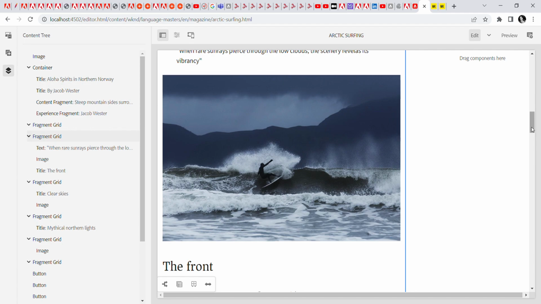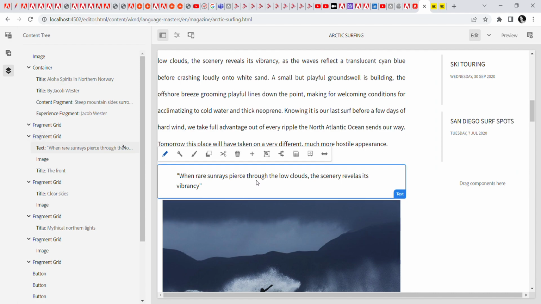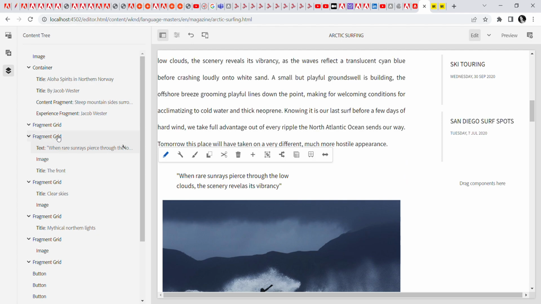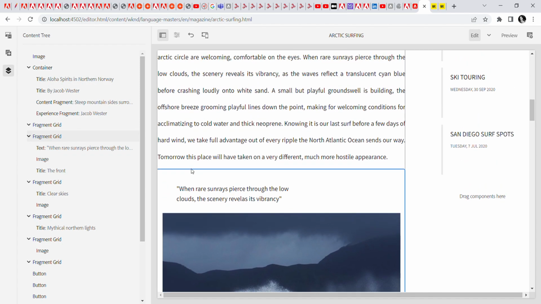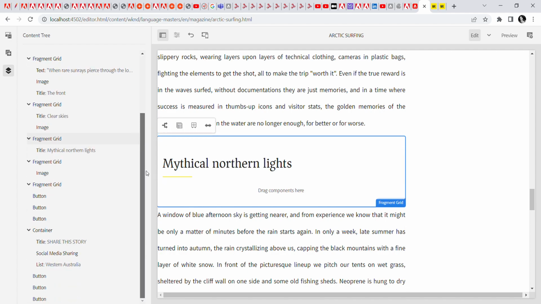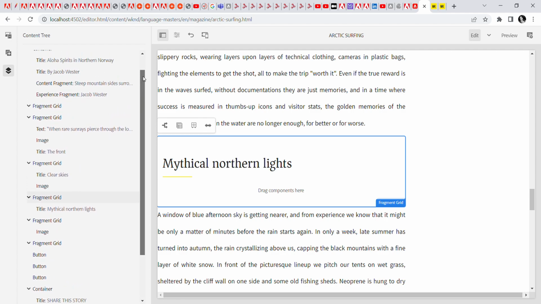They have created this fragment grid upon which they are authoring the different fields from the content fragment. Fragment grids they are using to author some of the